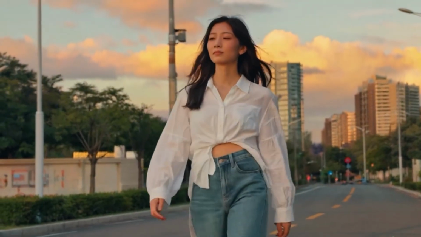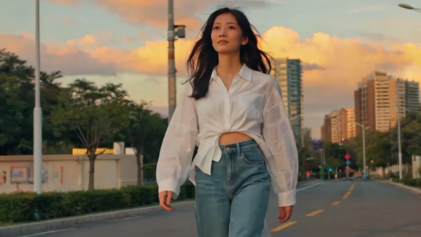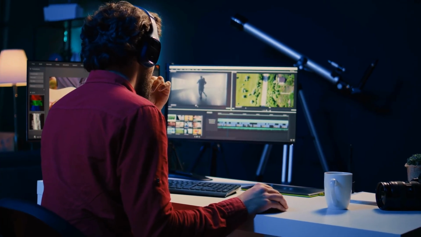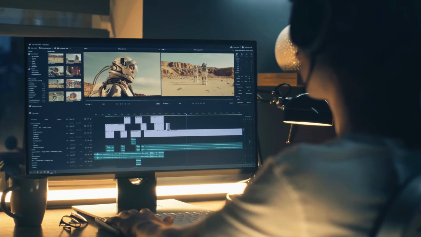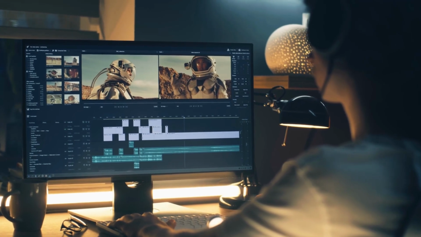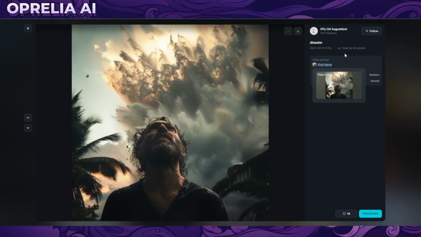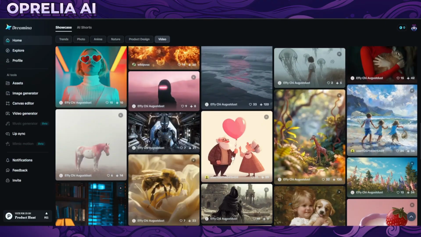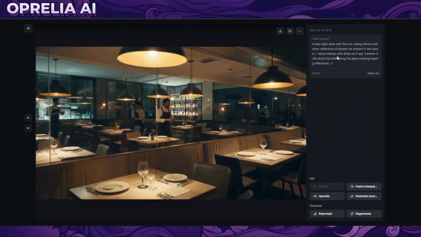Now let's be realistic about current limitations. Seedance 1.0 doesn't generate audio natively, so you'll need to add your soundtrack, sound effects, and dialogue in post. It also doesn't have built-in editing tools, so you want to bring your clips into your favorite video editor for final assembly. But honestly, that's fine. Professional workflows have always involved multiple tools, and having this level of video generation capability as one component of your toolkit is incredibly powerful.